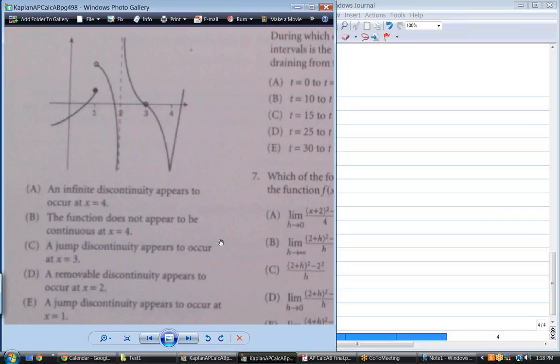Yeah. Yeah, a jump discontinuity. It's definitely not continuous there. It is continuous here, incidentally. It's not continuous here at 2, but that's not called a jump discontinuity. So,